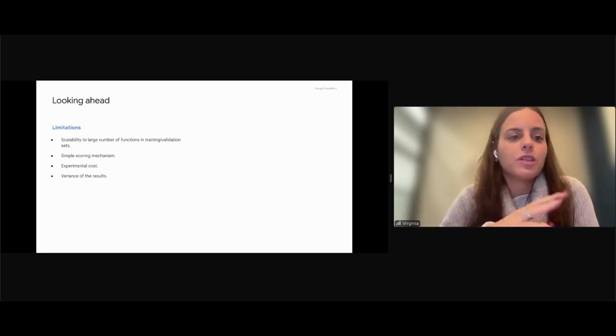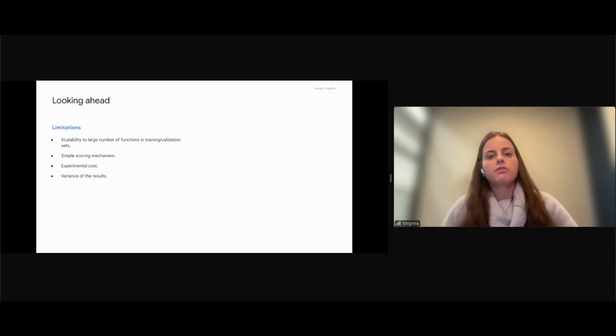Now, this is all good. FunBase-opt gave good optimization performances, but the current formulation still has many limitations, and I'm going to give you some here. So first, you might have noticed that it requires running a full Bayes-opt loop for evaluating every sampled acquisition function on multiple objectives. This can be costly, especially when using Gaussian processes, and it might not be scalable if we want to use the algorithm as a meta-learning algorithm where a lot of different functions are given in the